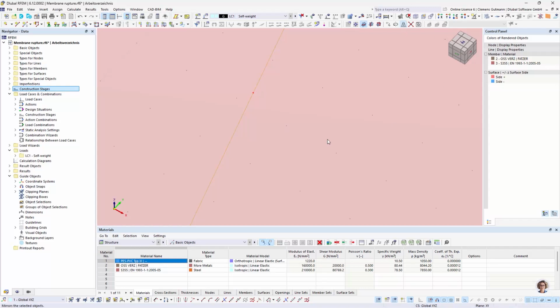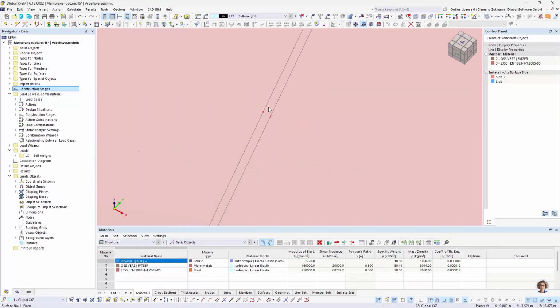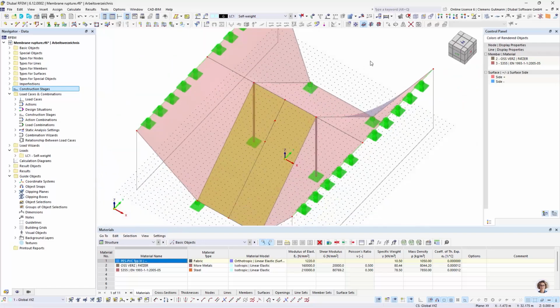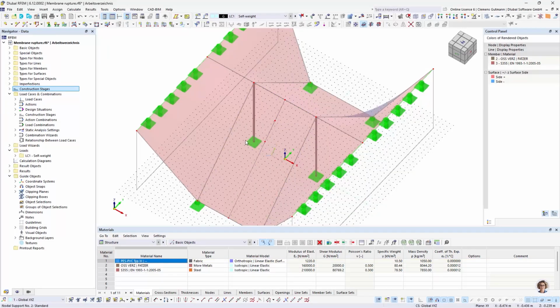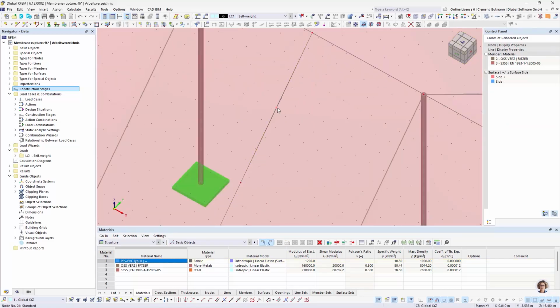And then mirror this about the YZ axis. And now we have this little space here. And I'm going to divide the surface. Divide surface with intersecting lines, all intersecting lines. And this creates 3 surfaces, 2 big ones, and then this very small one that will be covering the rupture